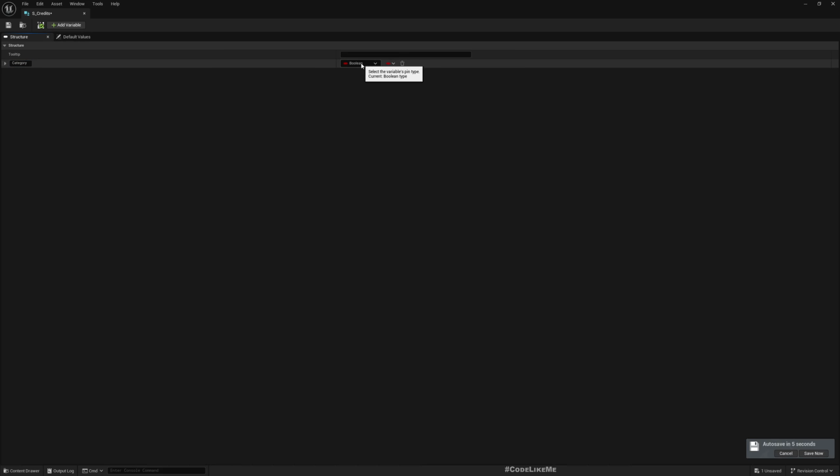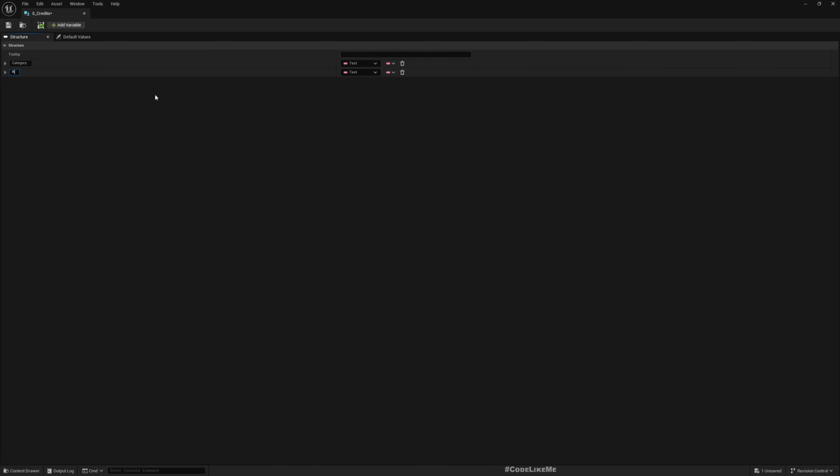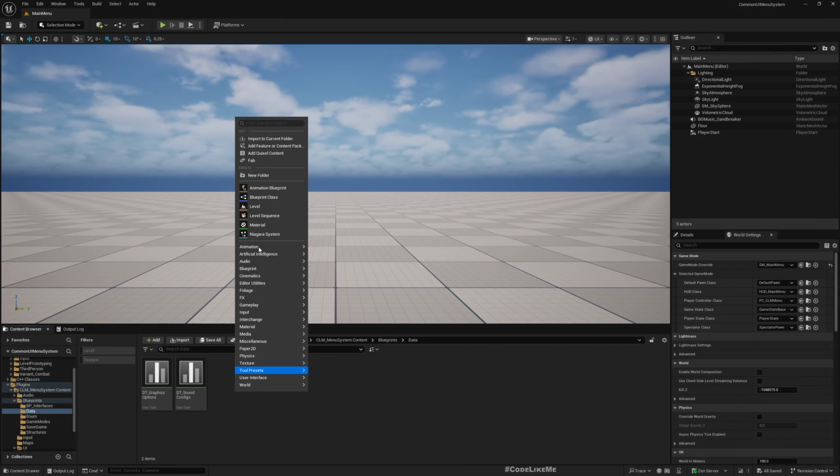So therefore, category, text, and role, text, and names. I'm going to make this an array because one role can have multiple names, multiple employees. Okay, save and close. Now let's go to data, and here let's create a